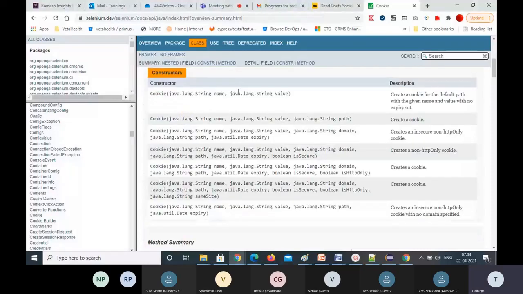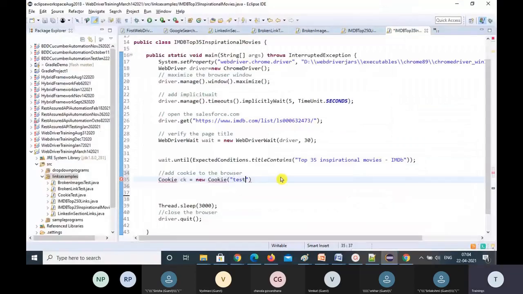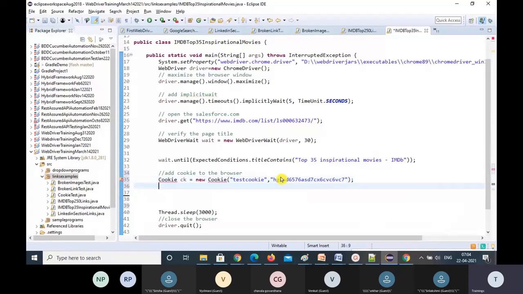I'm using this constructor. If a class has a parameterized constructor, while creating the object, we need to pass the parameter values. That's what I'm passing. So I gave the test cookie as the first parameter, and the second parameter is also a string type. So I'm giving alphabetical order. Like this, you can give your cookie.